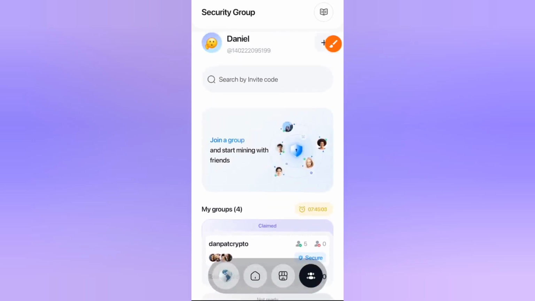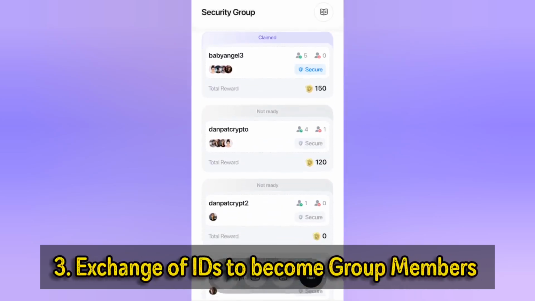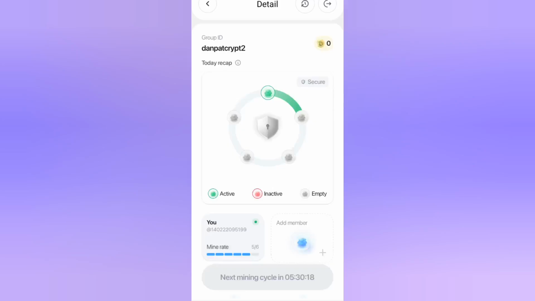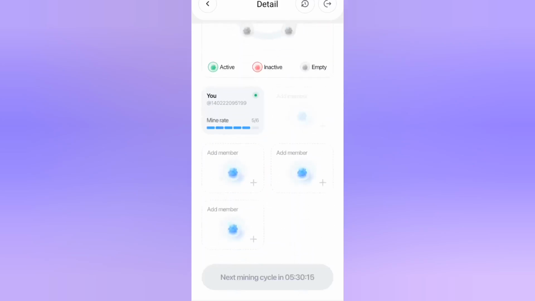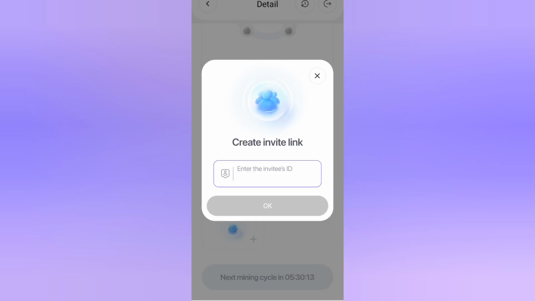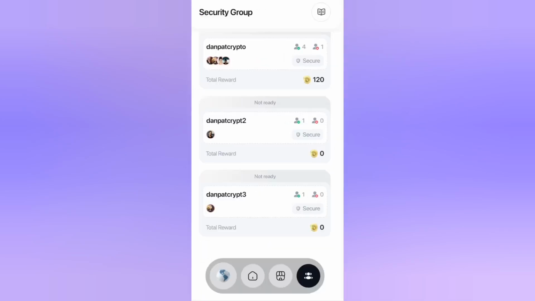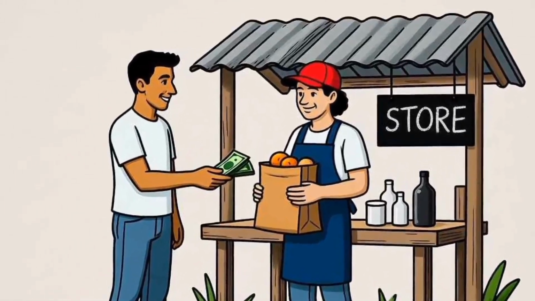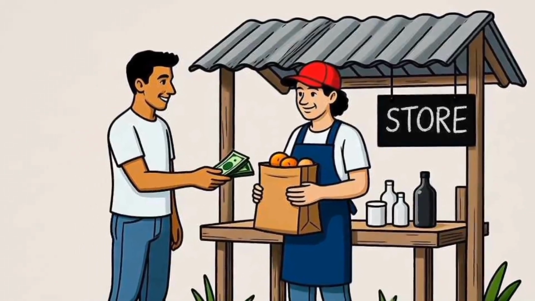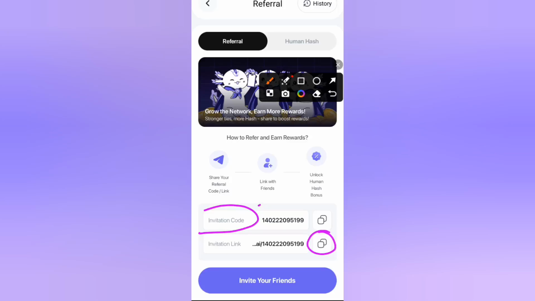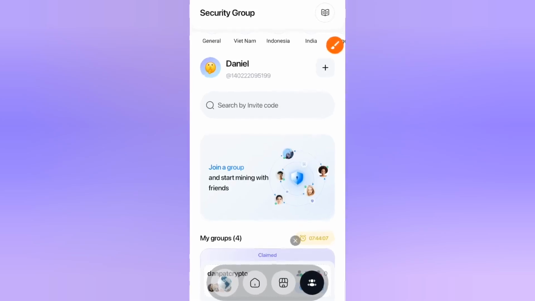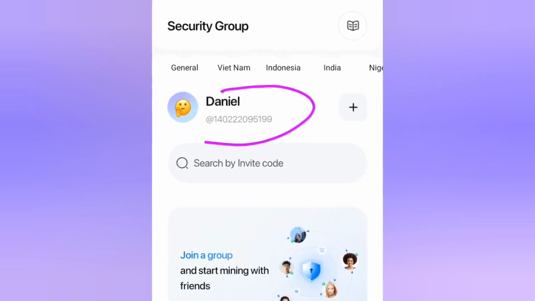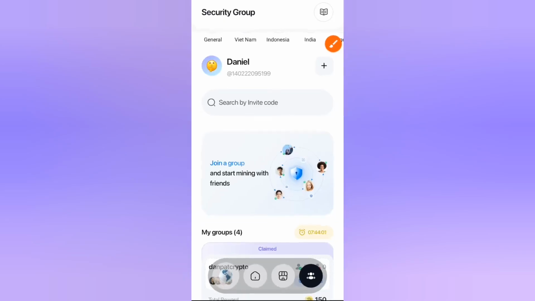Now the third thing you need to know is that if you want to join my group, you have to give me your ID to be added. Yeah, this is how it works. And if I want to join yours, I would have to give you my Interlink ID to be added. This is basically how it works. It's just like buying something from a store, right? You pay to get in or to access what you need. This is basically how it works. Now, if I also want to join your group, I have to give my Interlink ID before I would be able to join your group. And just like I told you before, this is the Interlink ID right here. You would also see yours in your security group section,